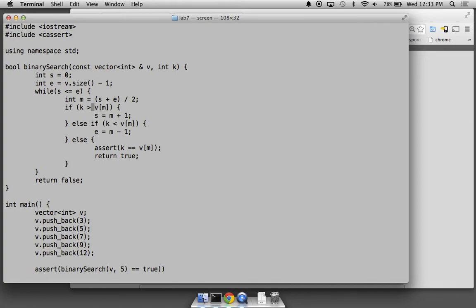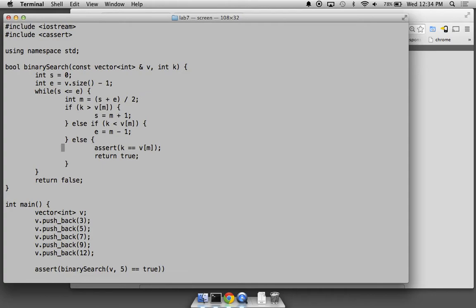Because look here, the only way we get to this code is if K is not greater than V of M and K is not less than V of M, so K has to equal V of M. So we don't need to spend the CPU time testing a condition that we already know is true. But just in case we didn't get the logic right, we can put an assertion in there,